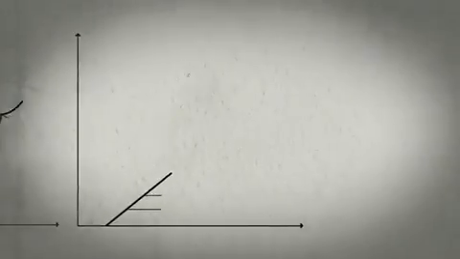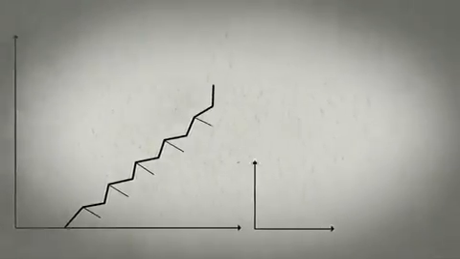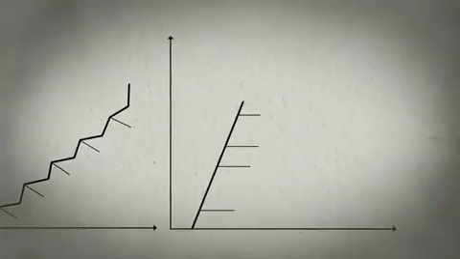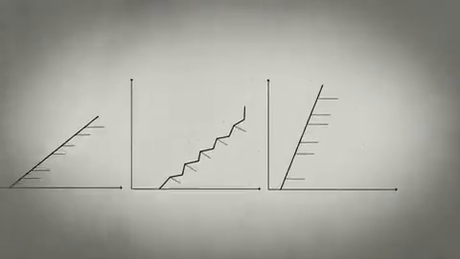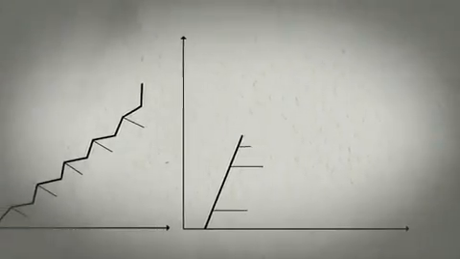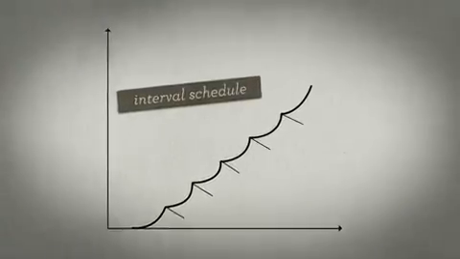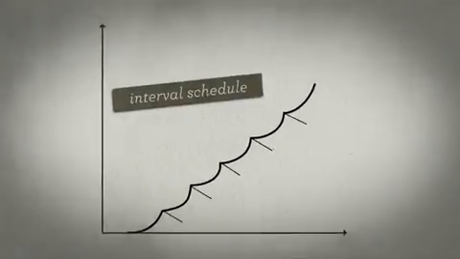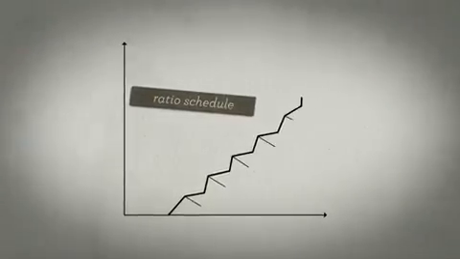In real life, behaviors are not reinforced every time. Skinner explored dozens of schedules of reinforcement in his work. He would follow a specific set of rules or criteria as to when the behavior would be reinforced and observe the patterns and rates of responses. There are two types of schedules. An interval schedule reinforces behavior after a certain amount of time. A ratio schedule reinforces behavior after a certain number of responses.